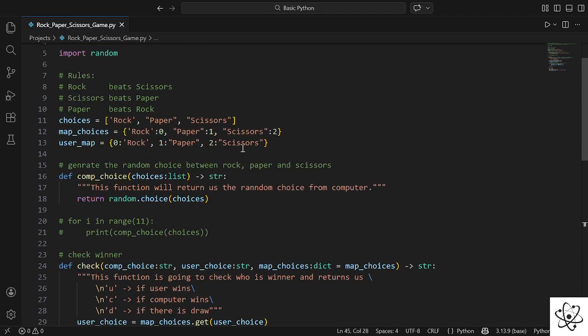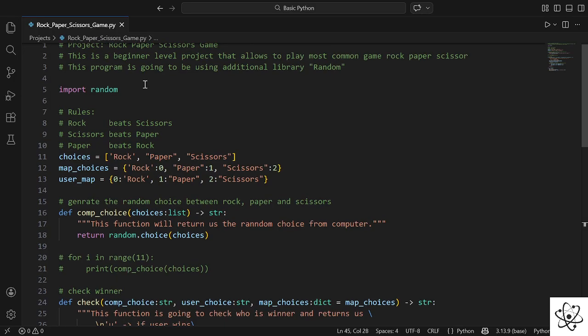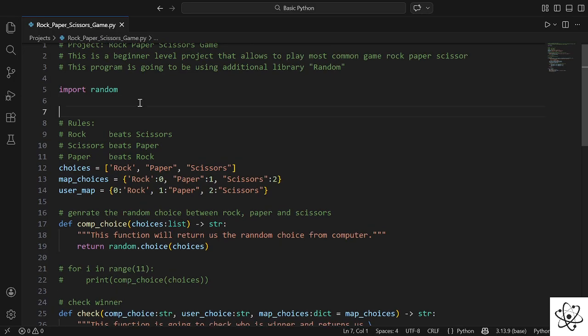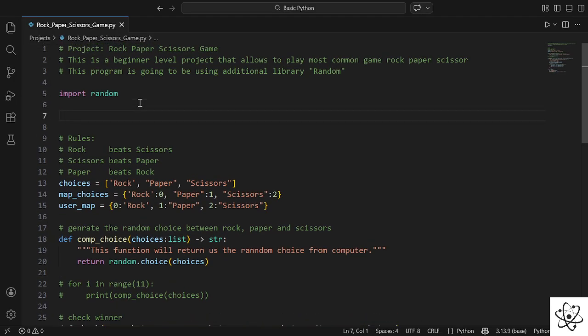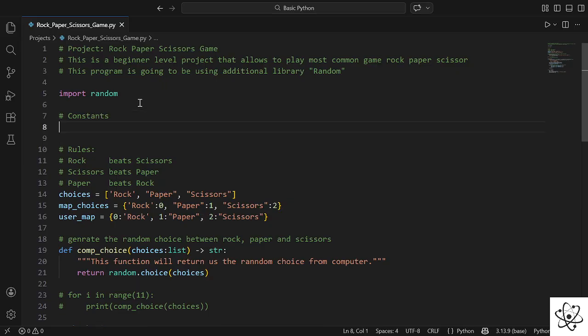Now let's create some variables at the top after importing, or maybe sorry, constants. Now there is one thing that we must keep in mind whenever we are going to create some constant values. We must use uppercase because that's what good practice comes under. So you can say